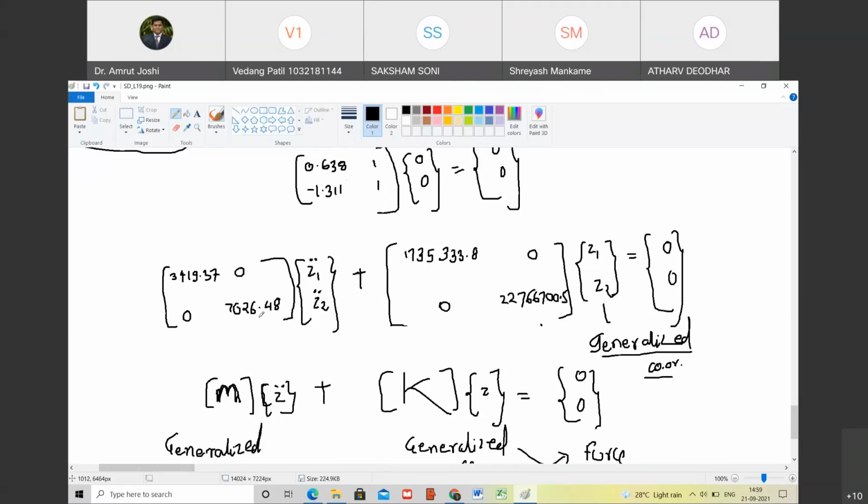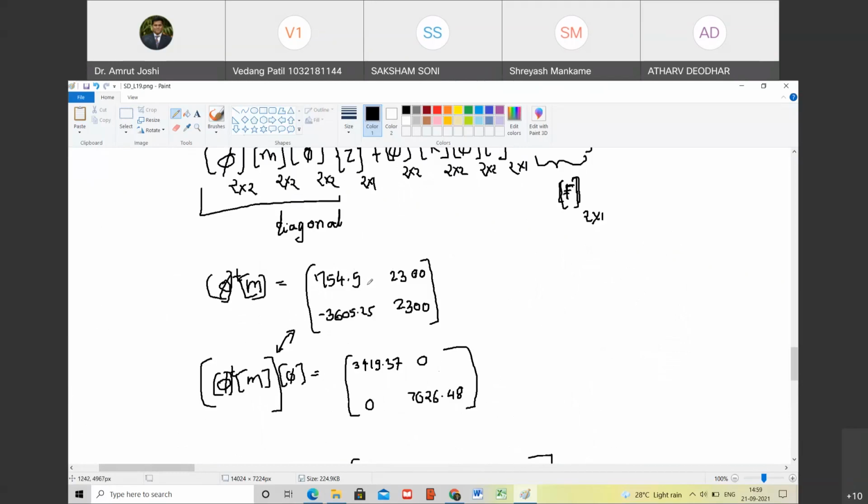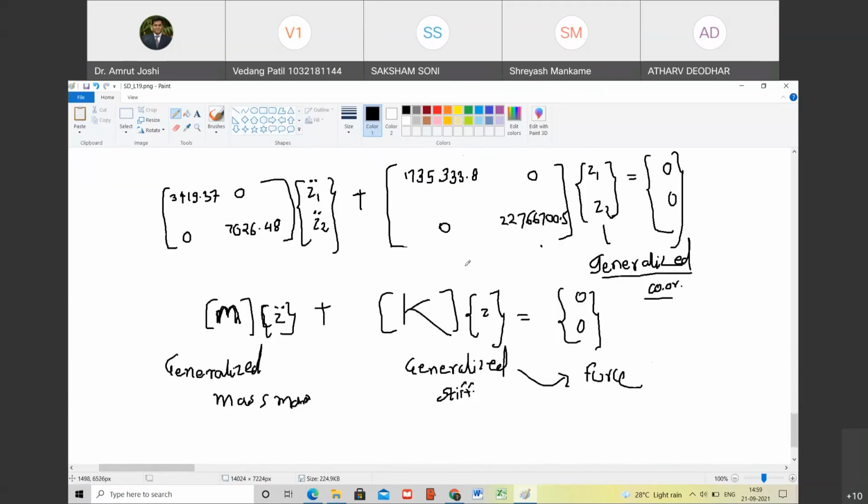So this equation, these sets of equations, are very similar to the parent equations, with only one change: the mass and stiffness matrices here are diagonalized. So what was my claim? My claim was I am going to do something such that the mass and stiffness matrices are diagonalized. Once it is diagonalized, अब जरा ध्यान दो, if I expand the first row of this equation, what do you get?